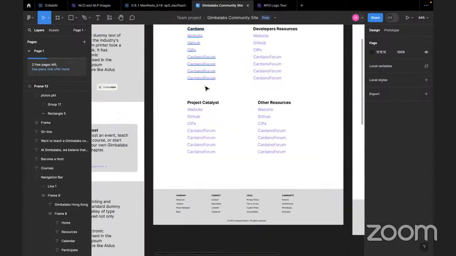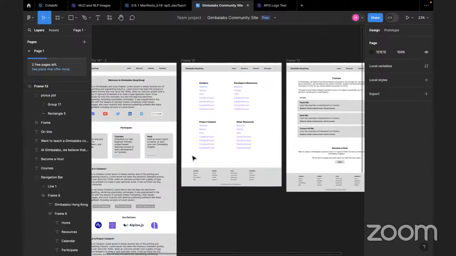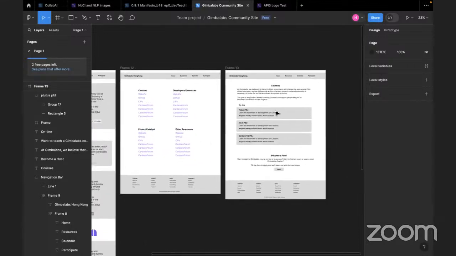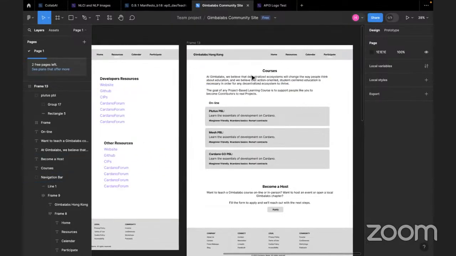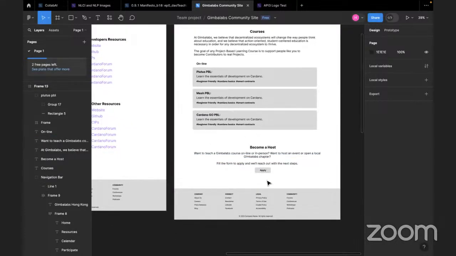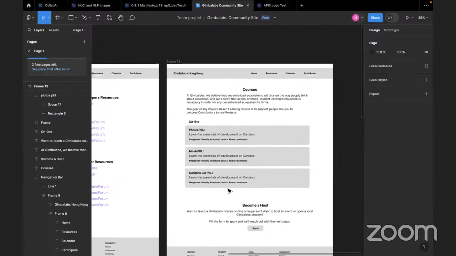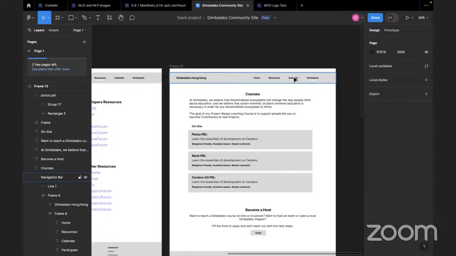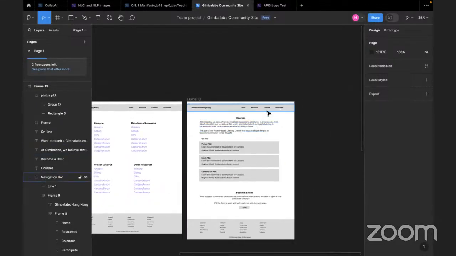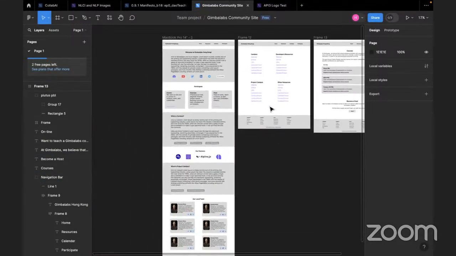Similarly, in the resources, it'll just be a bunch of things. We'll have to figure out what goes into resources if we decide that resources is something important. And lastly, in the participate section, we have a brief introduction that I copied from the PPBL. Then we have the courses. They can just click on this and it takes them to the courses. And if they want to become a host, they apply here. The calendar I didn't get to yet because it's a lot of design, and if we make changes, the whole thing will take a lot of time. So I'm leaving that for now. But this is what I have.